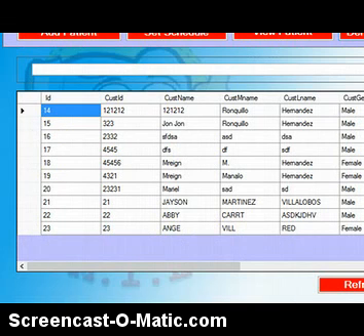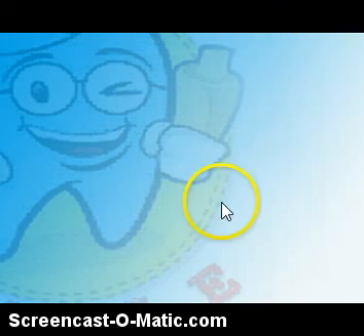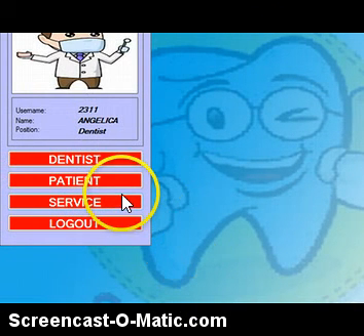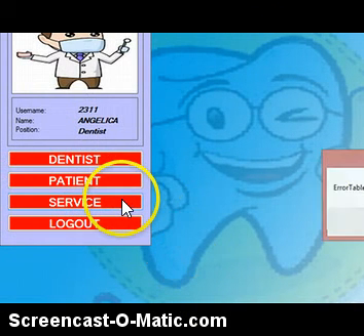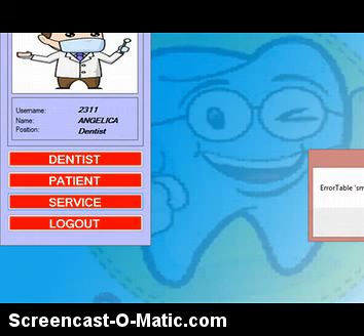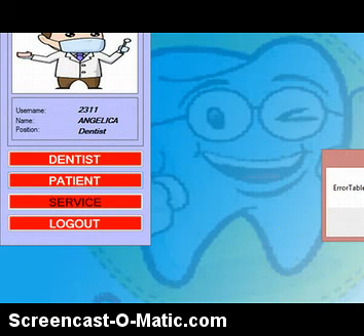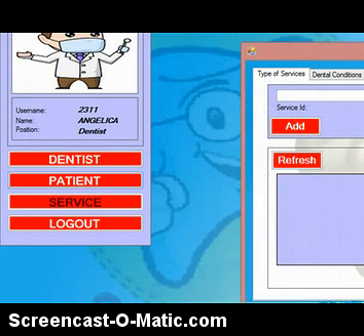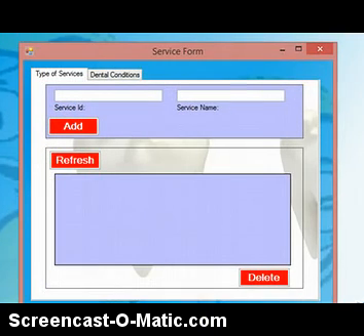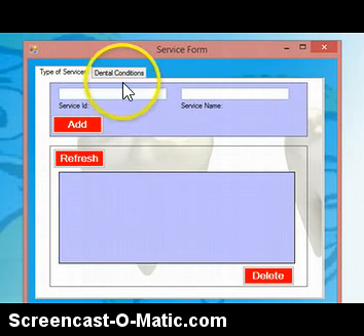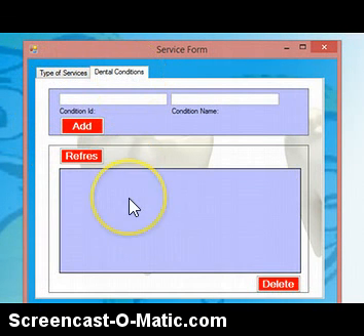Then after the patient, let's move on to the service. Services, just click here, and then the message box will appear, which we have here the menu for the type of service and the dental condition.